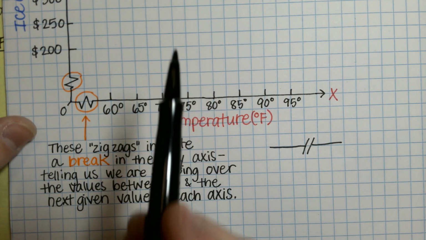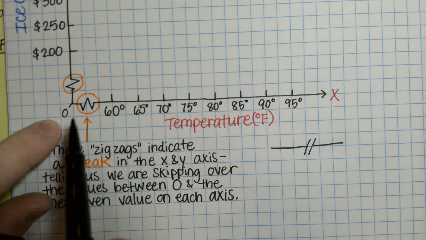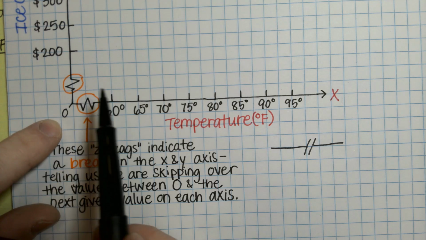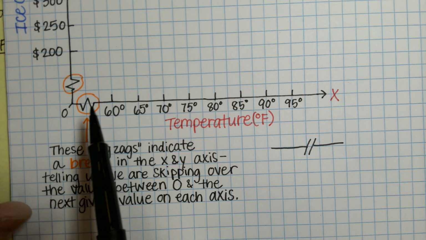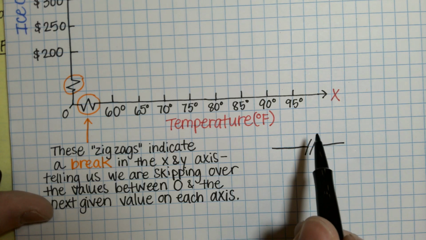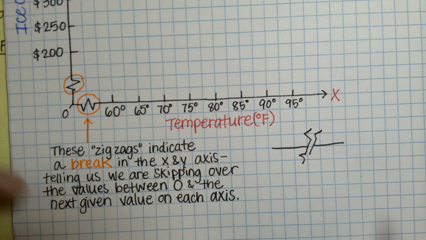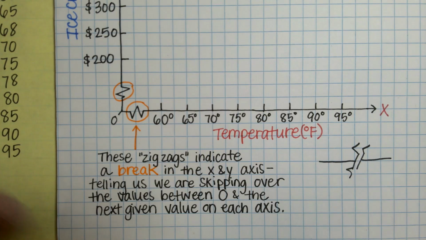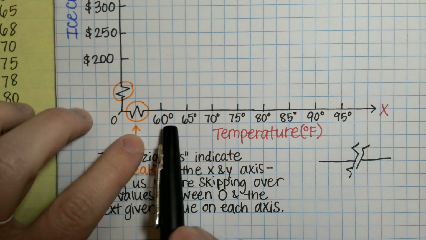So however you want to show that there's a break, you just cannot put 0 degrees and $0 and then straight skip ahead to 60 or 200 and not indicate that there's a break there. So whether that's drawing this little zigzag, whether it's drawing slashes, whether it's making zigzaggy lines, I don't know, whatever you do, just make sure you're showing that there is a break there. We're missing temperatures here. So now we have our x values, our temperature 60, and I counted by 5s up